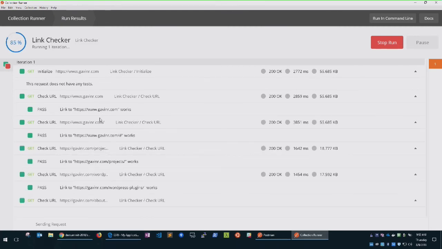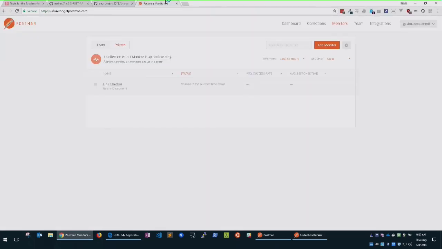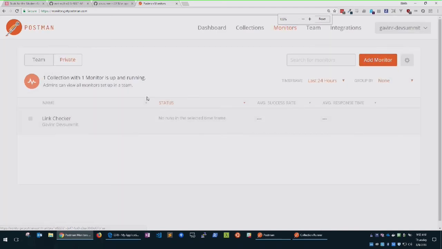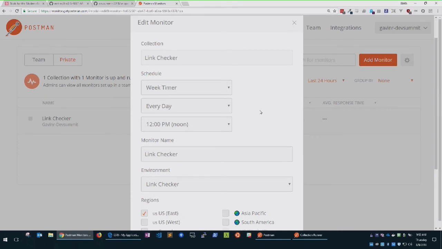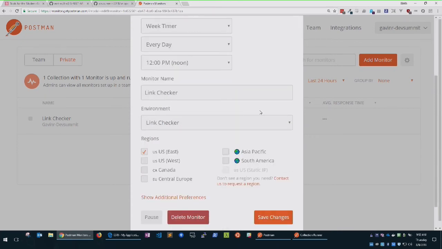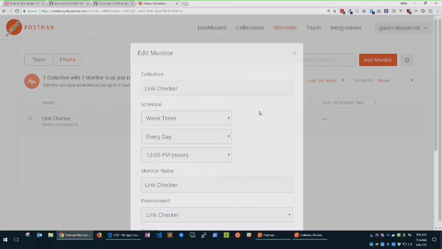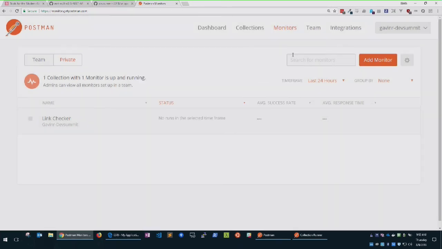And then you can also take these tests and send them out to Postman Monitor, like I talked about. So this is the Postman Monitor website. You can actually schedule those out to say, I want to run my link checker every week or every day, and send me the results. It'll run out on the cloud and send you the results. I think it's a cool feature, and it's a feature that we'll be using